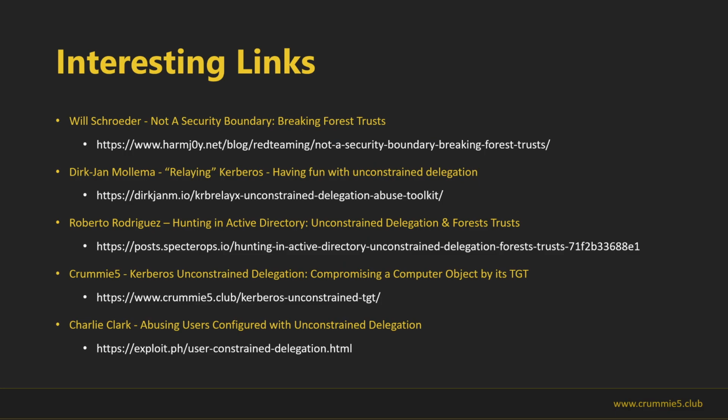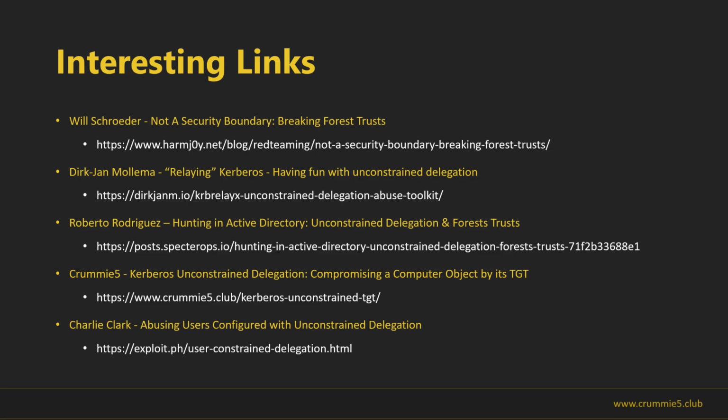So these are interesting links about the subject. I really recommend you taking a look at them. In this one, we see how Harmj0y, Will Schroeder, and Lee Christensen, if I recall correctly, broke forest trusts by combining this unconstrained delegation thing with the spooler service of another forest.